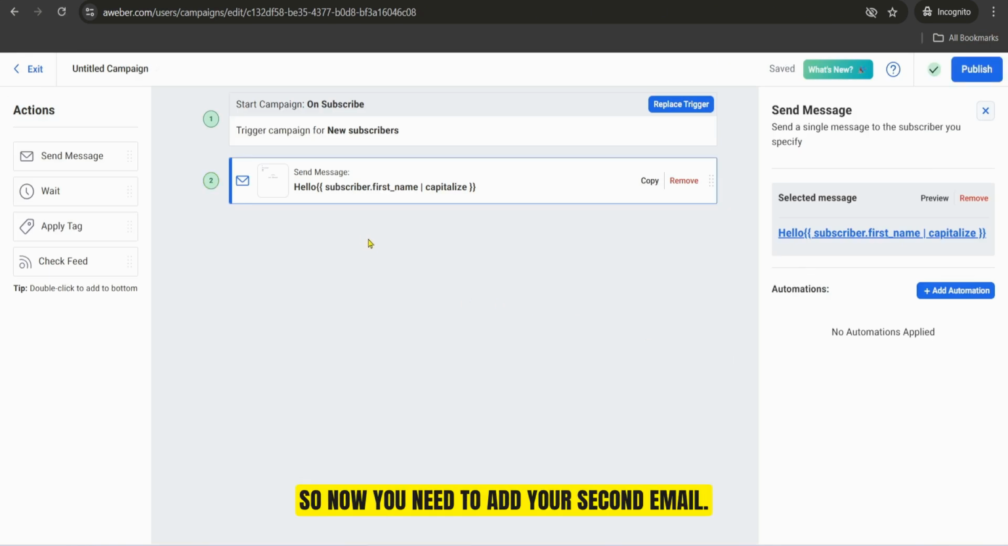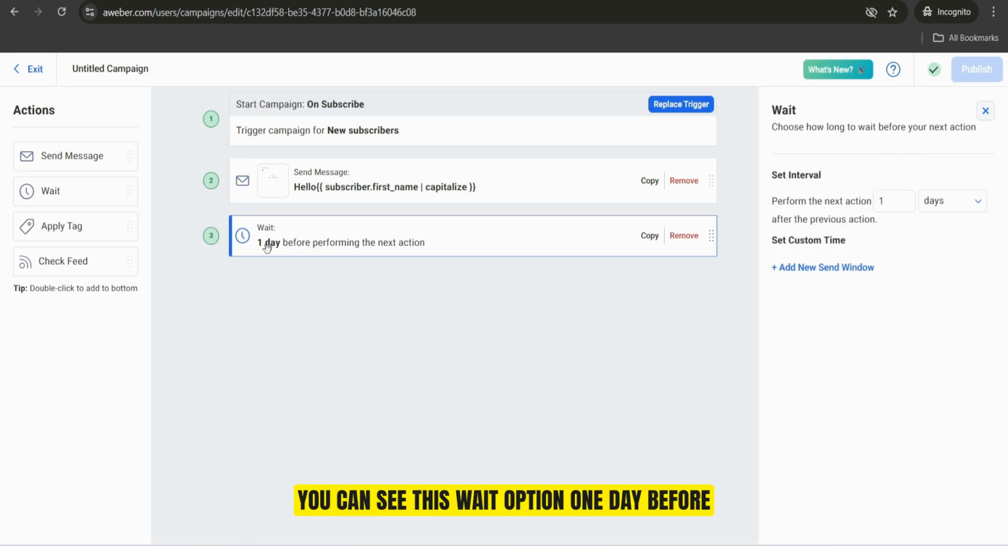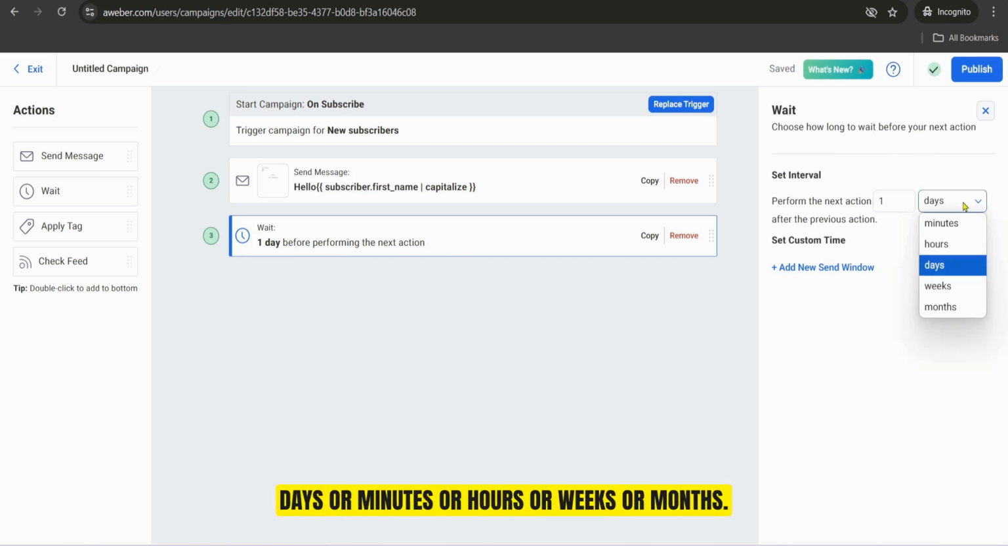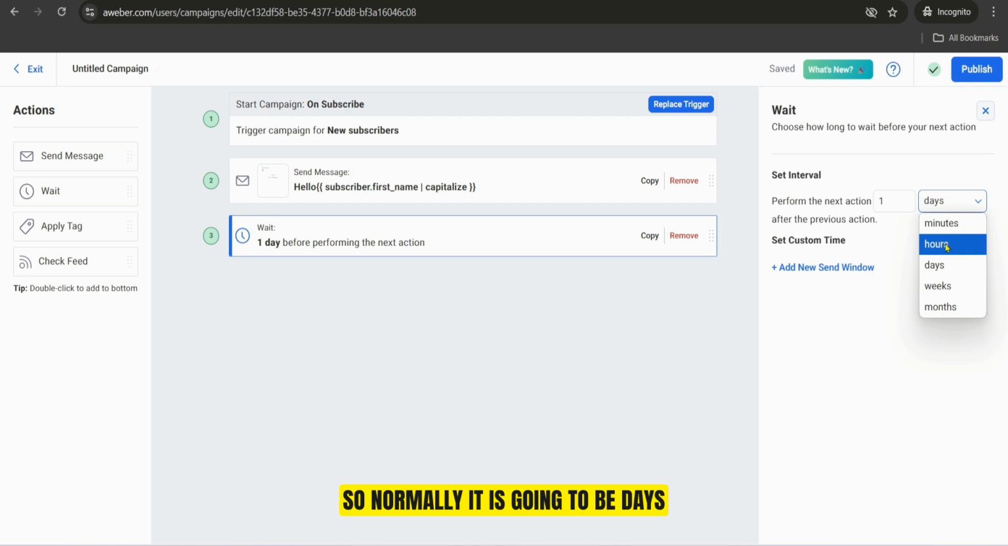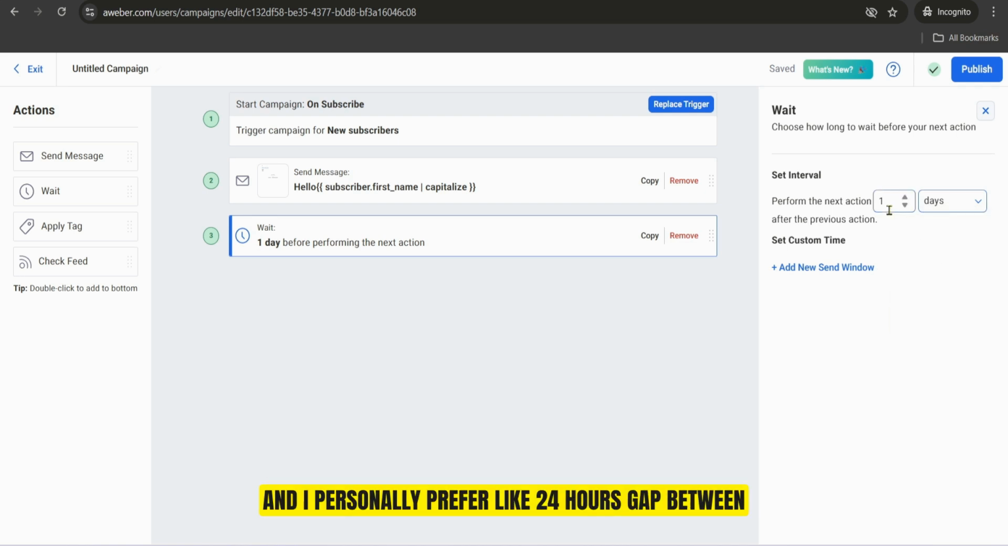So now you need to add your second email. So just go over here and you can see this wait option. Just drag and drop it over here, and you can see this wait option, 1 day before performing the next action. Now you can change the wait option. Like you can set the interval, like how many days or minutes or hours or weeks or months. So normally it is going to be days, and I personally prefer like a 24 hour gap between each automation. So you can just make it as 1 day, and after that